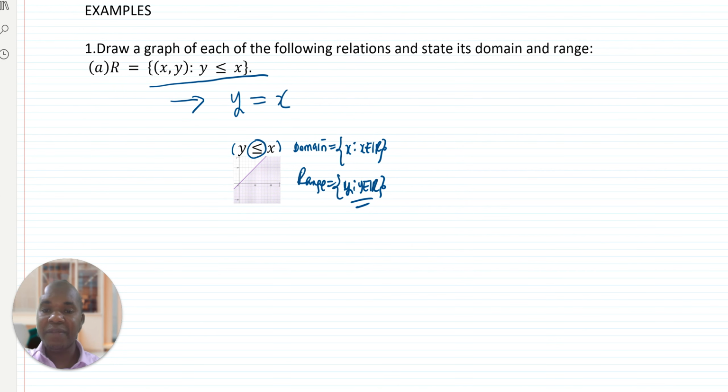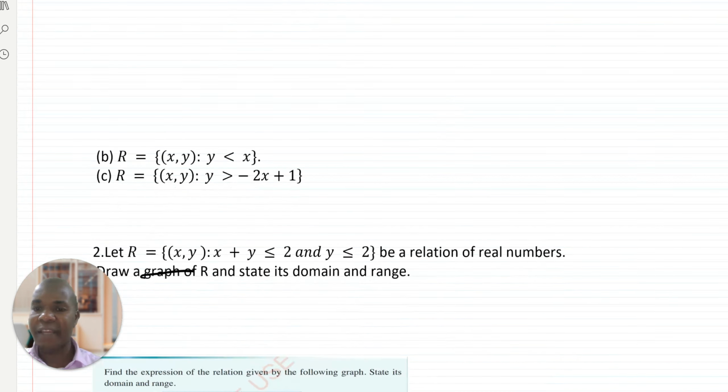The important part is that you express your equation in slope y-intercept form. Then after that, you treat it as a normal line. So you sketch a graph, but understand that if the inequality sign includes an equal sign, then you treat it as a normal solid line. Otherwise, you consider it as a dashed line.